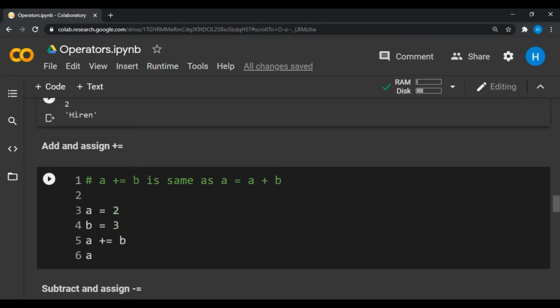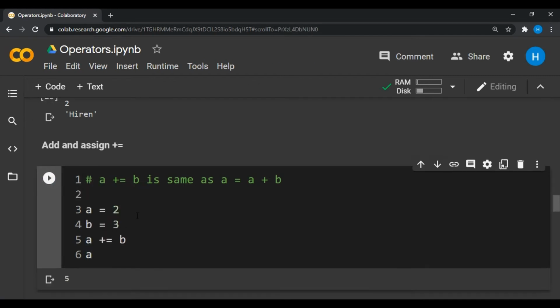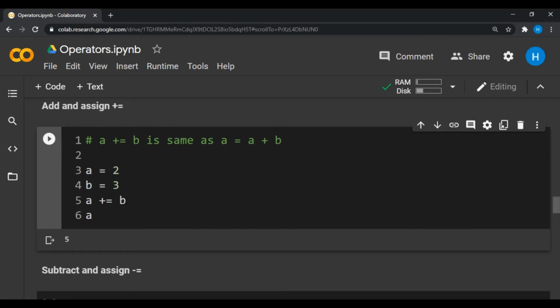Let's say you are writing A plus equal to B, so it is the same as A equal to A plus B. It will add this value to the other value B. Let's check that in this case our output should be 5 and the result will be stored again in A. After running this example we will have the output 5, because A is equal to 2, B is 3, so 2 plus 3 is 5 and the result is stored in A. So that is the add and assign operator.